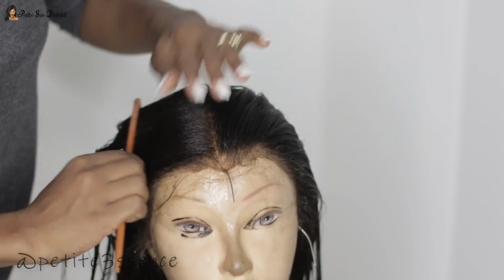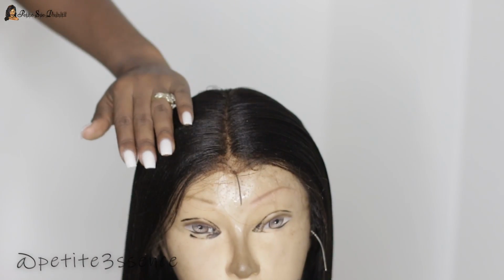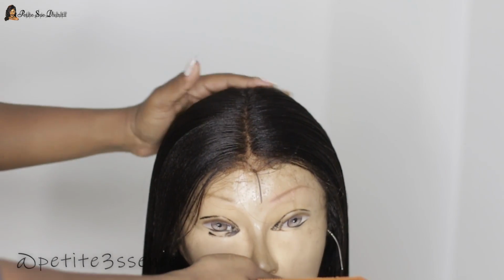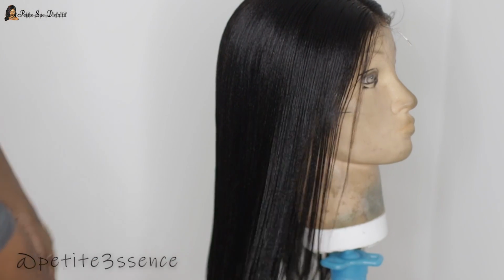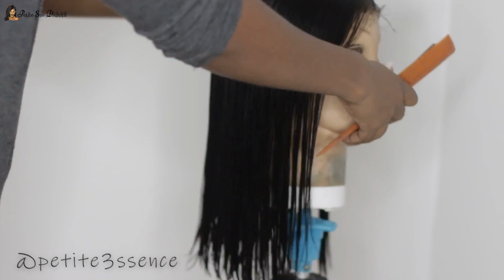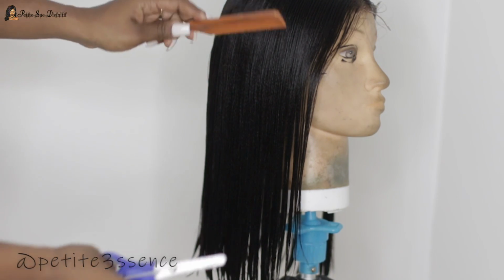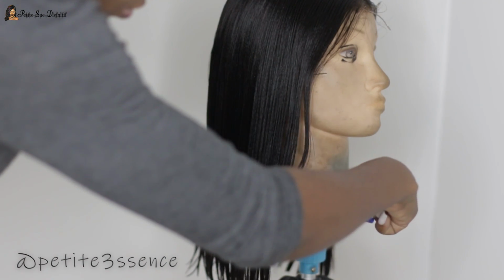All right, I definitely just went ahead. I started off with it wet because I washed it and I wanted to cut it in this state. Before I started with cutting and all of that, I decided to go ahead and make a center part, because initially this wig didn't come with a parting. It is just like a free part lace front, so I decided to do a center part today. I don't always do a center part, so yeah, took my time with that,